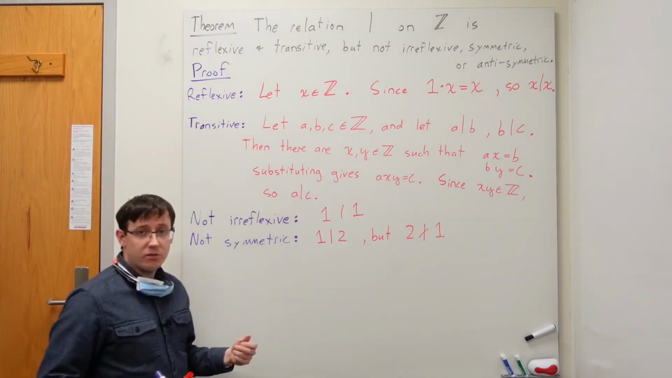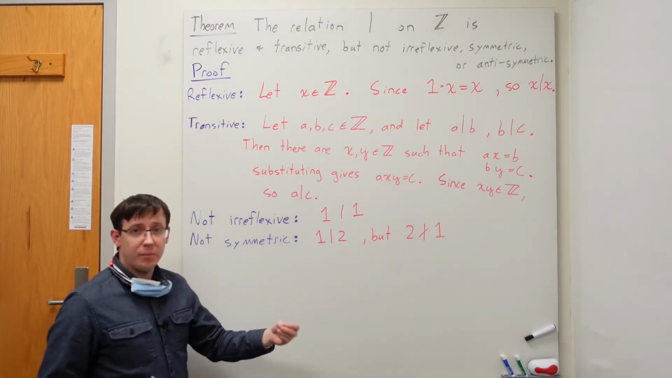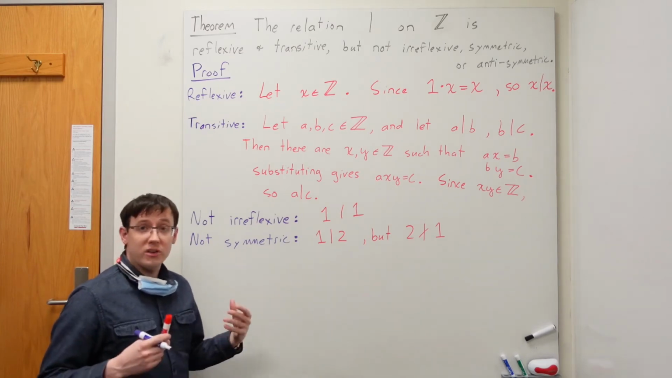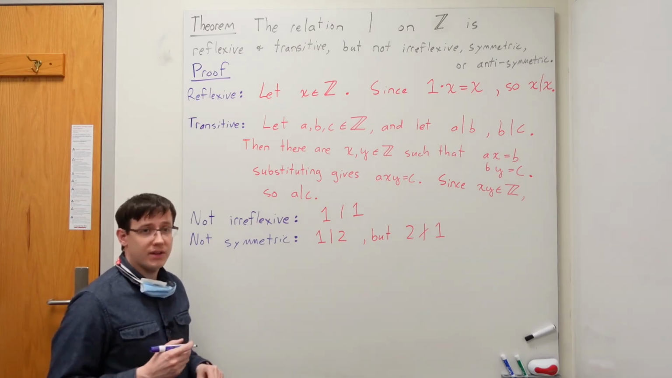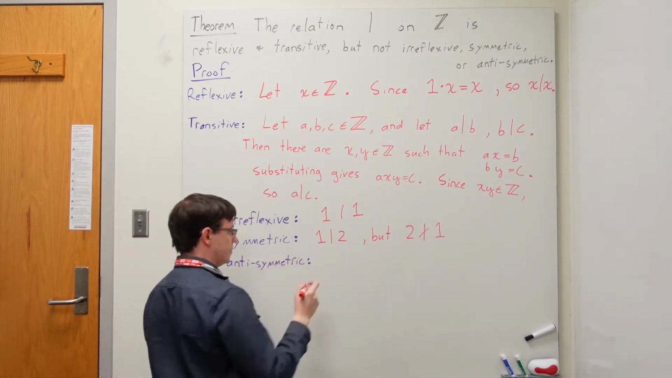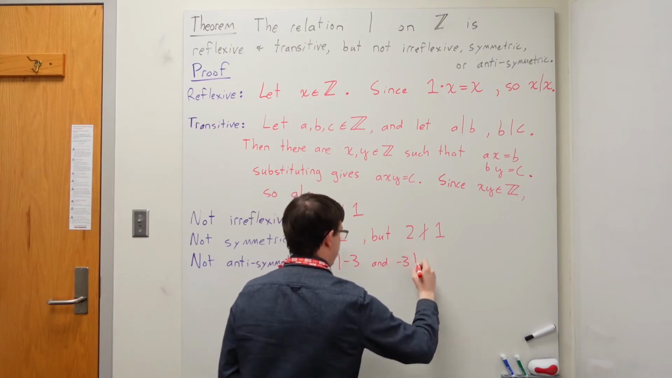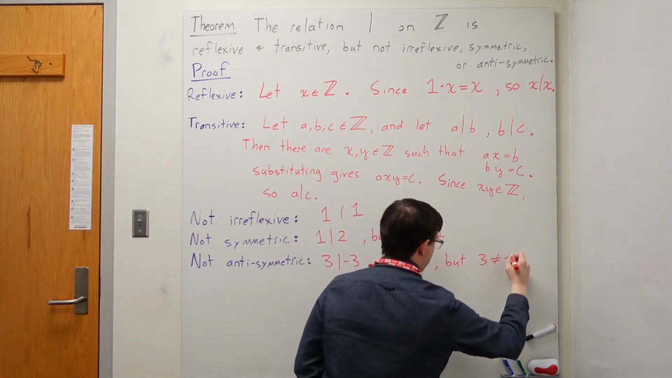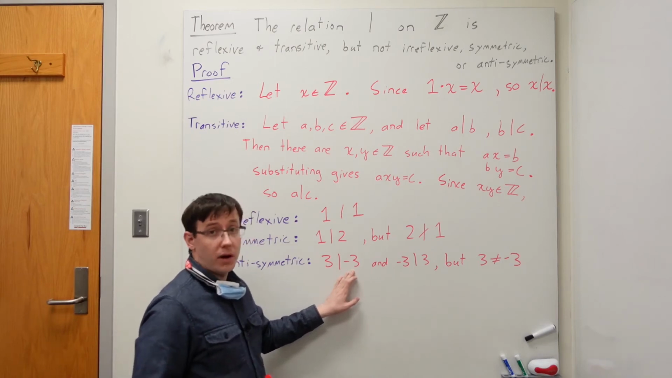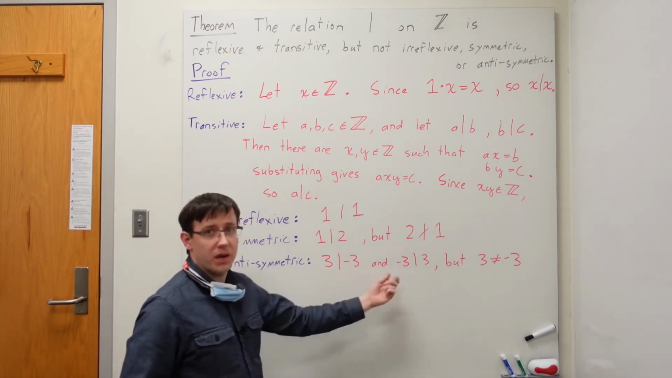And antisymmetric would mean that if A divides B and B divides A, then A and B would be equal. And we've already seen a counterexample in one of our in-class activities. An integer and minus that integer divide each other, but are not equal, so we can pick our favorite integer